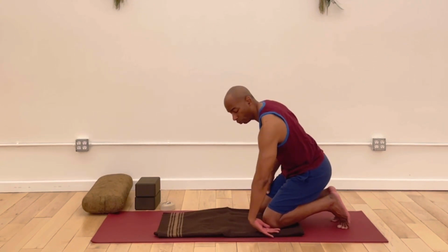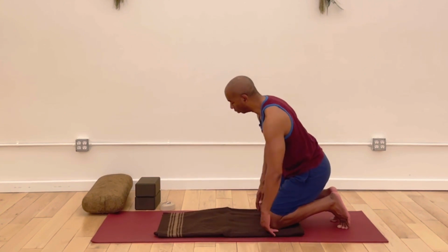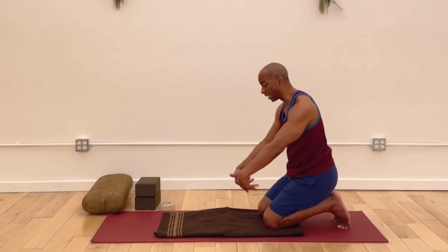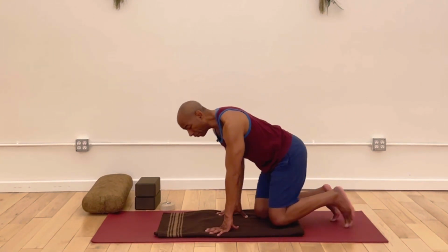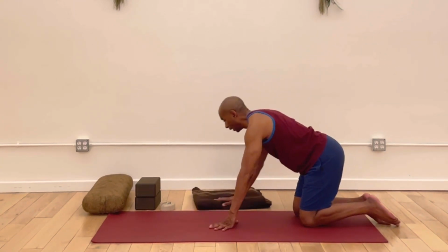Or even a gentle press, very gentle, into the ground or on your pad. I'm just going to do that with both hands here. So we're going to be doing some more work with our hands on the floor out in front of us. So sometimes your wrists do fatigue. Alrighty, I'm just going to step off of the blanket here and set it to the side